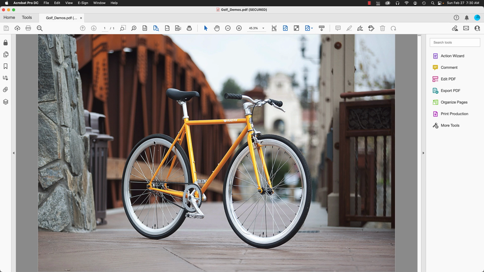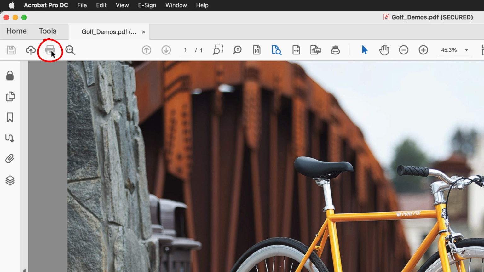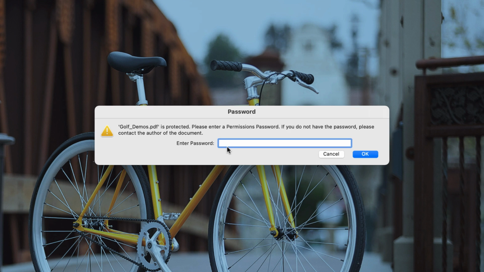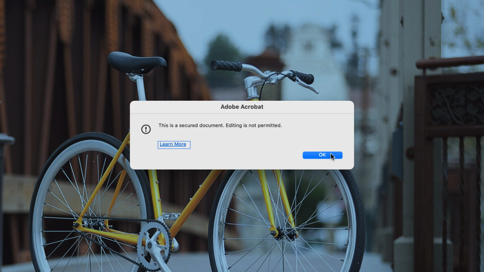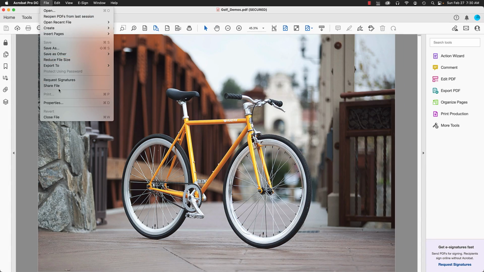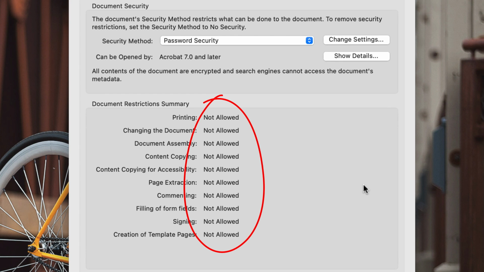There is no prompt for a password, so anyone can view the PDF. However, it is not possible to print it or copy the image. See here in Document Properties, Security tab. Nothing is allowed.